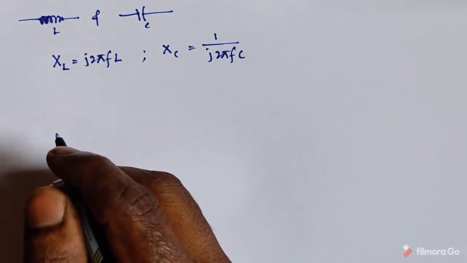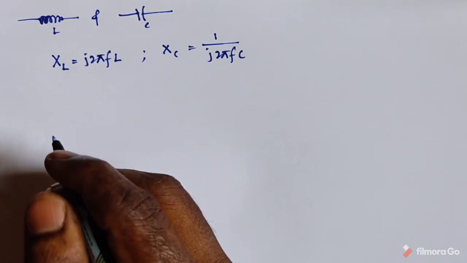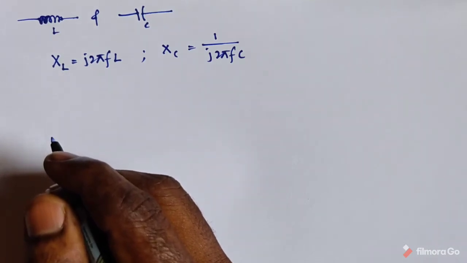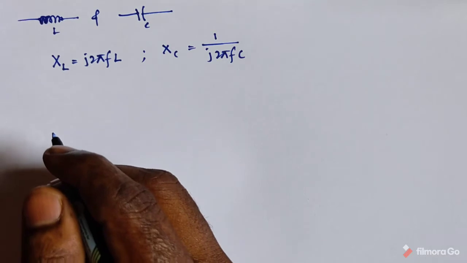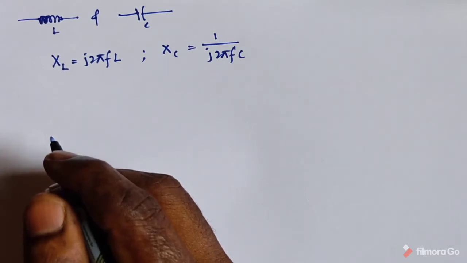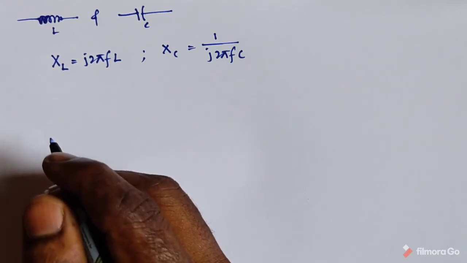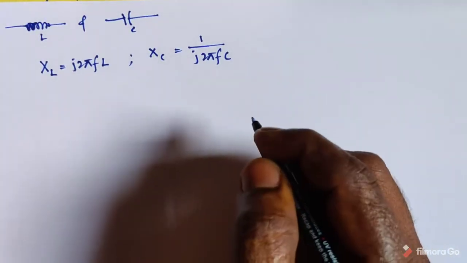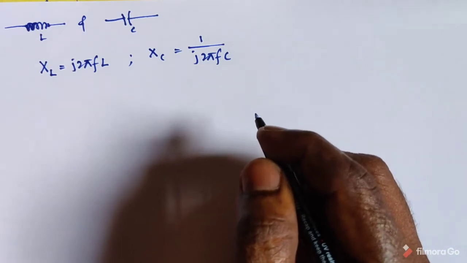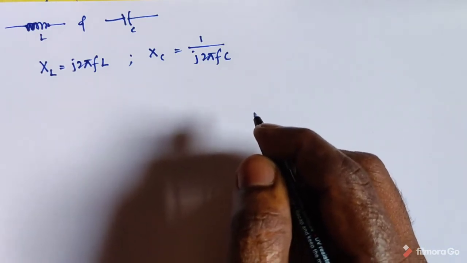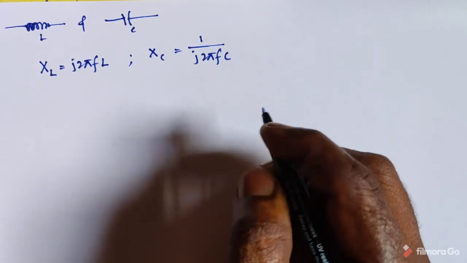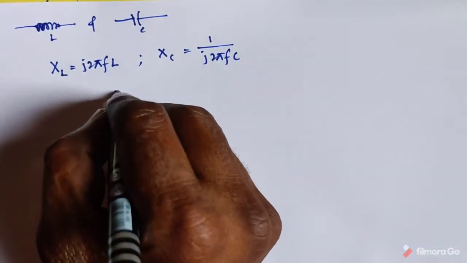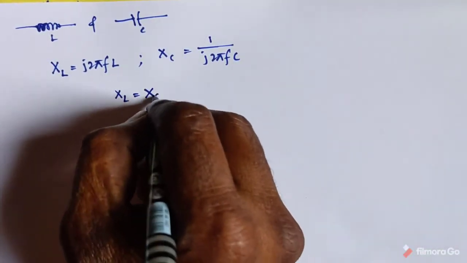Now we have to calculate the resonant frequency. What is the meaning of resonant frequency? The resonant frequency is nothing but the frequency at which both reactances are the same. That means the reactance of the inductor balances the reactance of the capacitor in the tuned circuit at some frequency such as this. So simply you can take XL equal to XC.